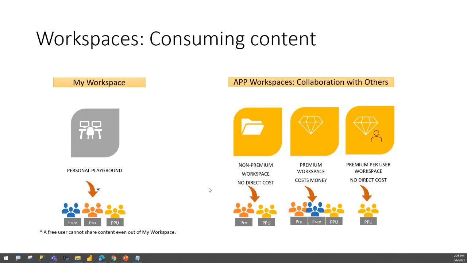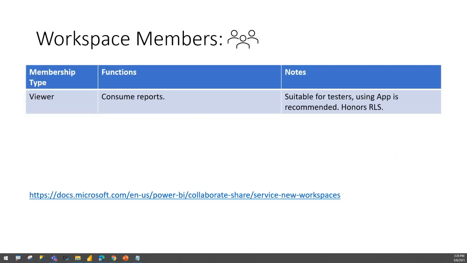Okay, so past licenses. Let's say you have the right license and you've got to a workspace. Before you get to a workspace, you must have the right membership to be able to take certain actions. The lowest level of workspace membership is a viewer. It's a person who can consume reports. So this is suitable for